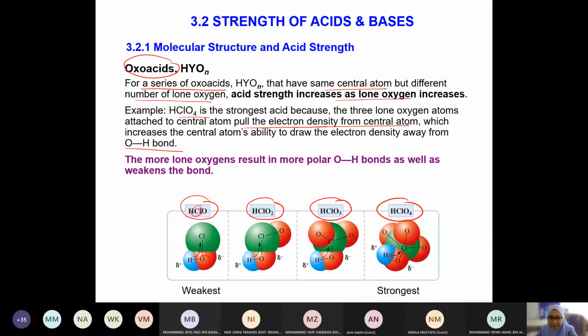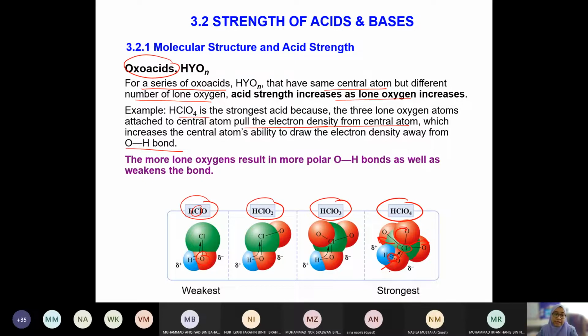Okay, so ini dia tarik ke arah dia lah, dia tarik ke O. The electron density of Cl is being pulled from Cl, ditarik oleh oksigen. So Cl sekarang ni dia sangat-sangat polar, and at the same time Cl is also pulling the electron density from this bond, from the O and H. So this will cause this OH bond to be very polar, and it also weakens the bond, and therefore finally